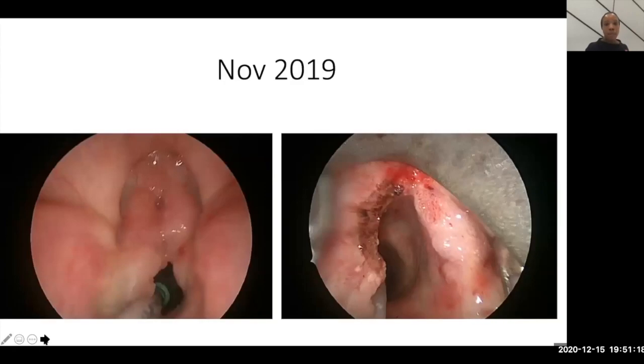Good. So this is her November 2009, and I just did the left side, and I just used the laser, and you try to preserve that lamina. But she's been having procedures even before I started at Addenbrooke's, and you can see her disease. It's not so bad.